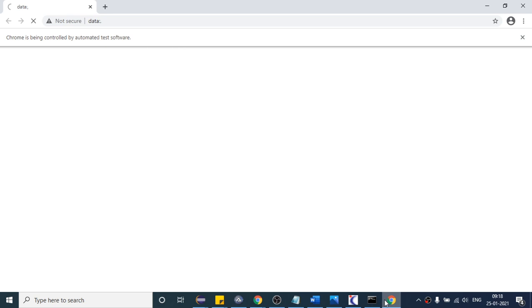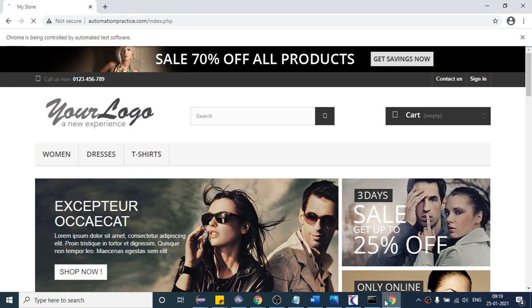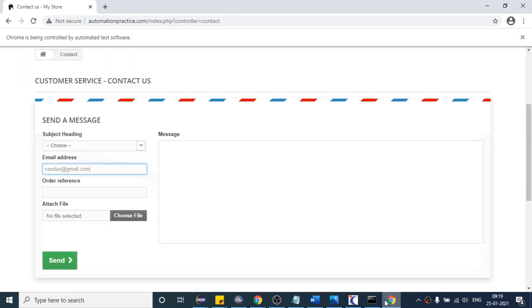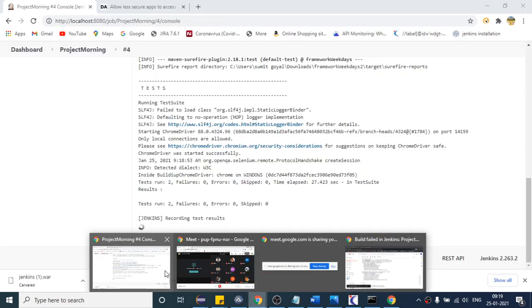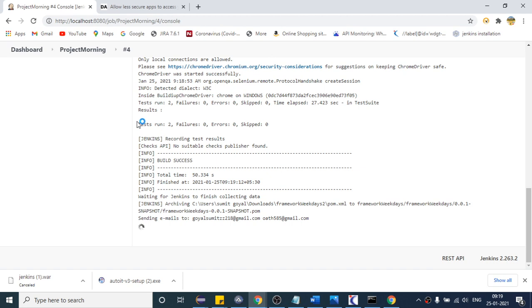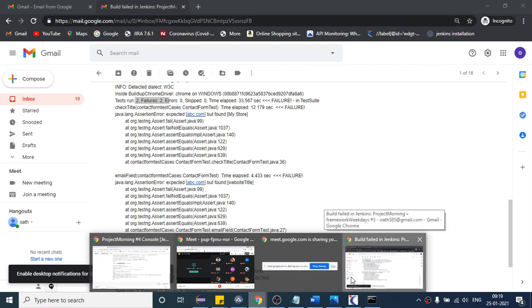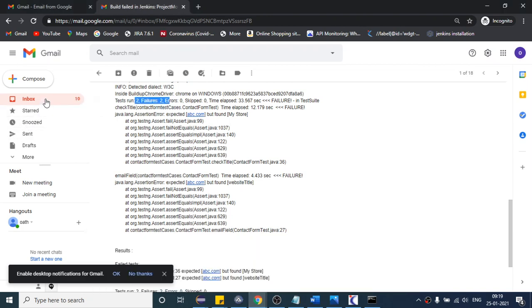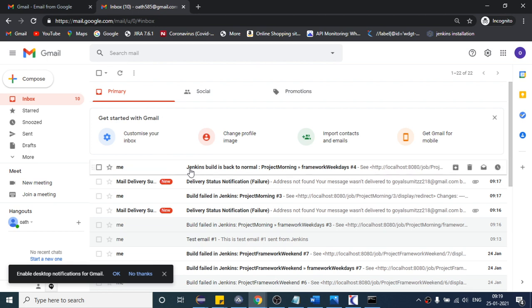So it has started. After that, it will again send the email, I think. This time I think everything is passed. You can say tests run, failure 0. It will send the email. So what kind of email are you going to get? This time Jenkins will send the email like this. So you can say it is back to normal. Back to normal in the sense,